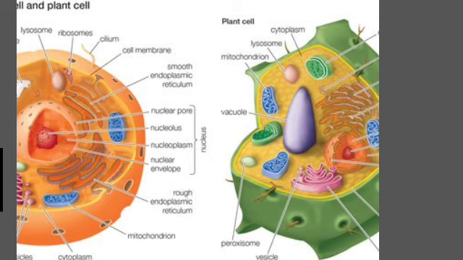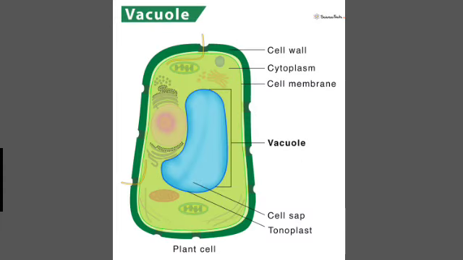Vacuoles are storage sacs which store solid or liquid contents. These are small sized in animal cells, while plant cells have large vacuoles. The central vacuole of some plant cells may contain 50 to 90% of the cell volume. In plant cells, vacuoles are full of cell sap and provide rigidity to the cell. Many substances which are important for plant cell life are stored in vacuoles. These important substances include sugars, amino acids, various organic acids, and proteins.